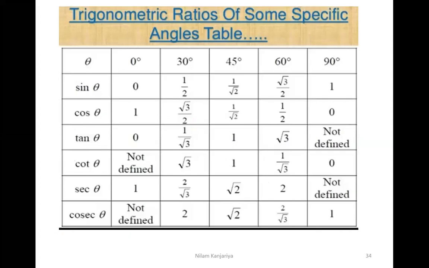This table is very important. All students, I think, remember the relation between the degree and radian. You can convert the following degrees into the radian. My first question to all of you: what is the radian form of the following thetas? Here you are given different values of theta: 0, 30, 45, 60, 90. Could you convert them into the radian form? All the students know about the degree and radian relation, so kindly convert into the radian form.